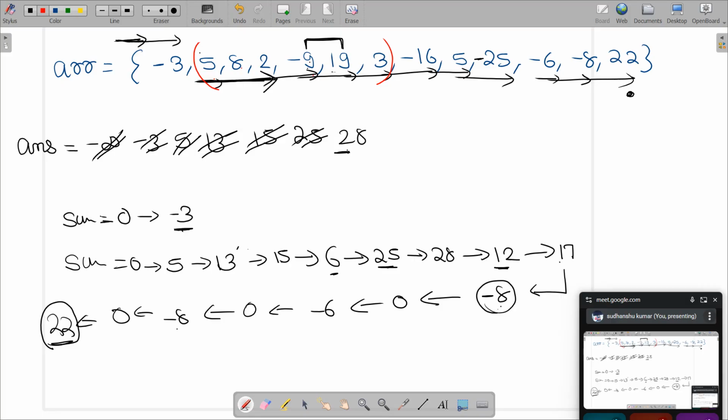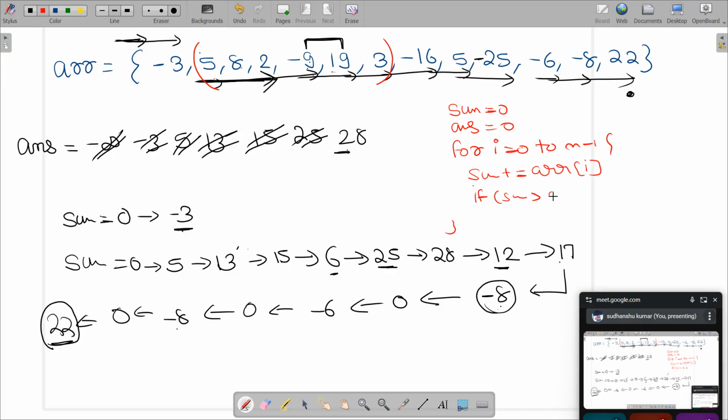Do you understand, every one of you, how this is working? And it's very simple. From code perspective, it's very simple. I am going to initialize a variable sum with 0, a variable answer with 0. Then I will run a loop, i equals 0 to n minus 1. Every time, no matter what element is coming, I will add it to my sum. And every time I will check that if my sum is greater than my answer, please update my answer.